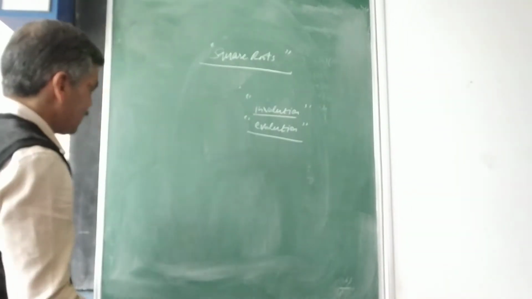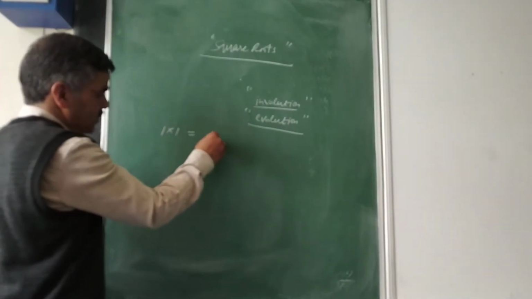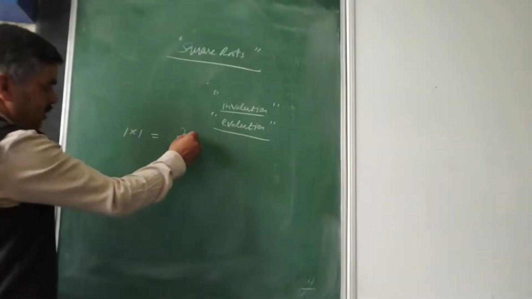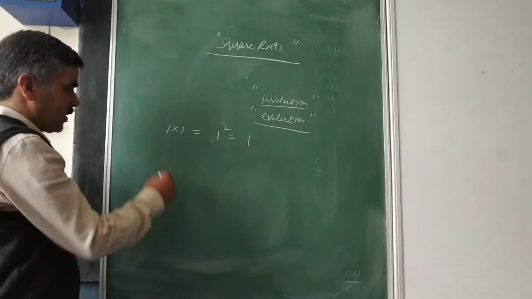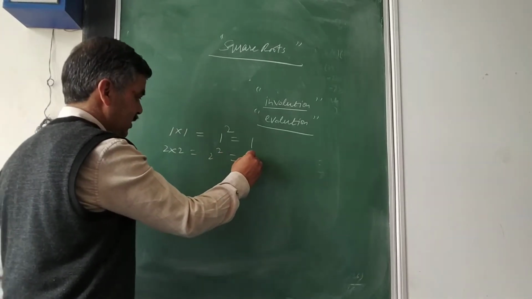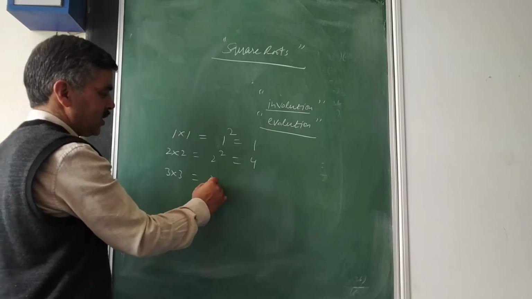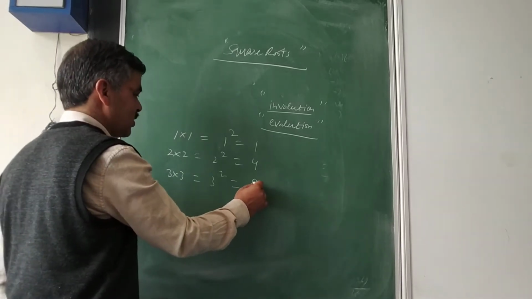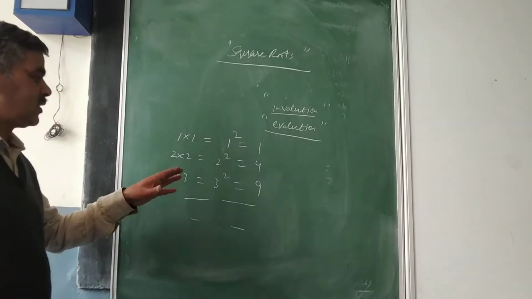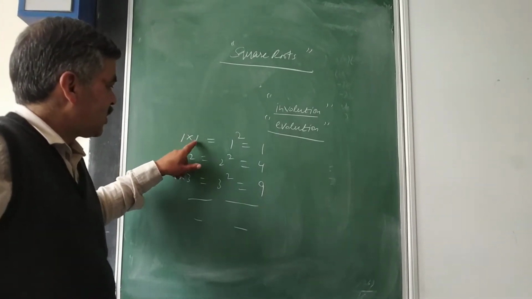Today I will start with the next part of your topic, squares and square roots. Let us see what we did when we multiplied 1 two times. The result was 1, written as 1 square, which is equal to 1. If I multiply 2 two times, we get 2 square and the result is 4. If I write 3 into 3, that is 3 square and the result is 9, and so on. When I am multiplying any number twice, this is called a square.